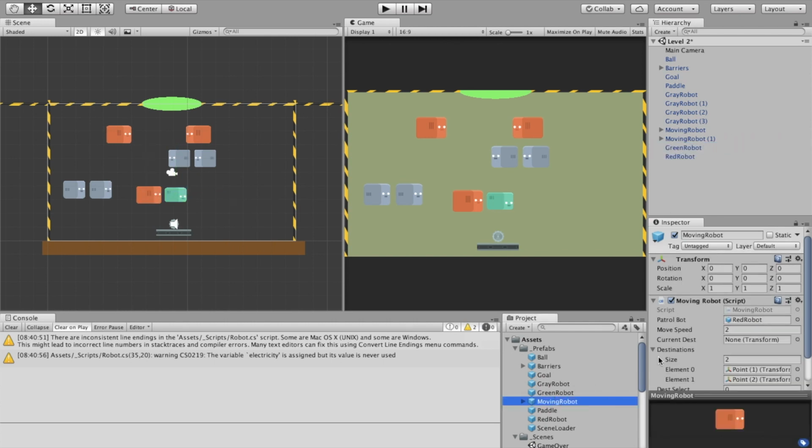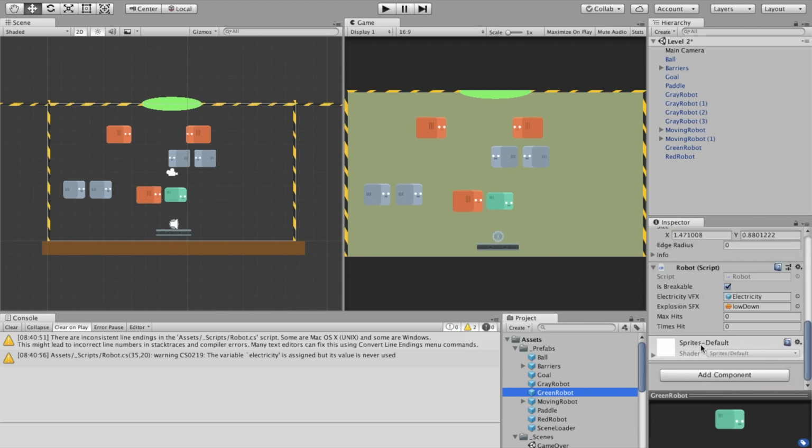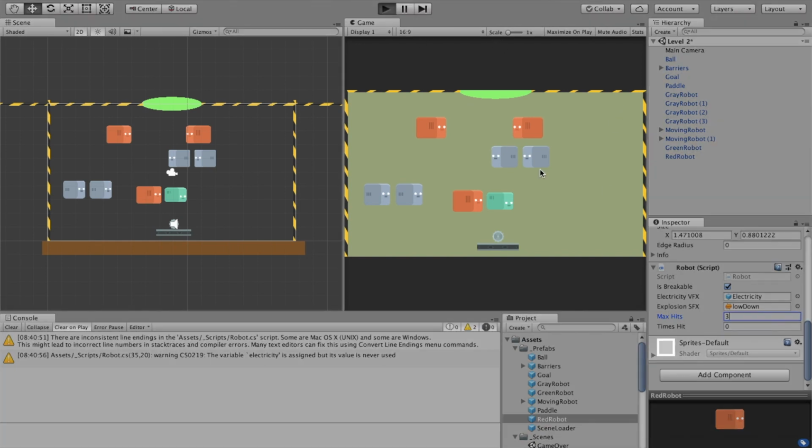So on green robot, let's go ahead and down in the prefabs, check our script. And max hits, let's change this to 1. And red robot, max hits 3. Let's see how this looks. So if we run the game,